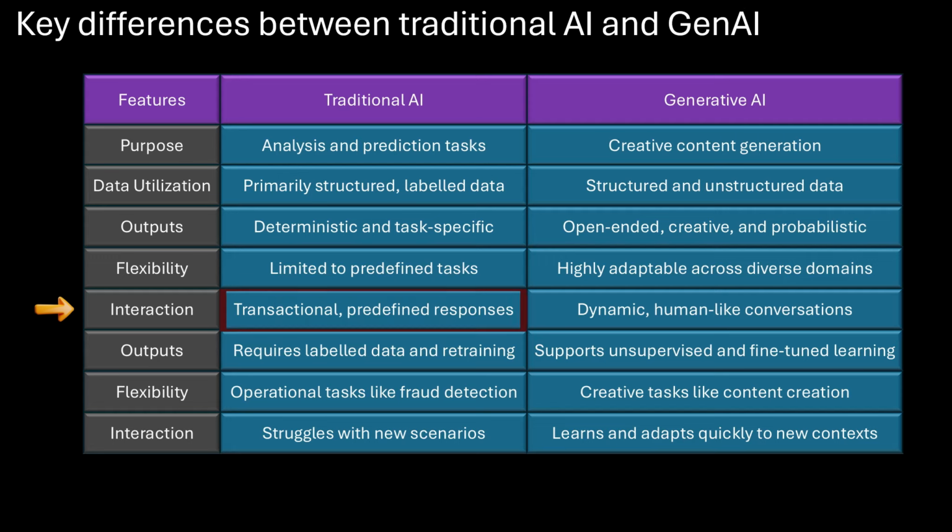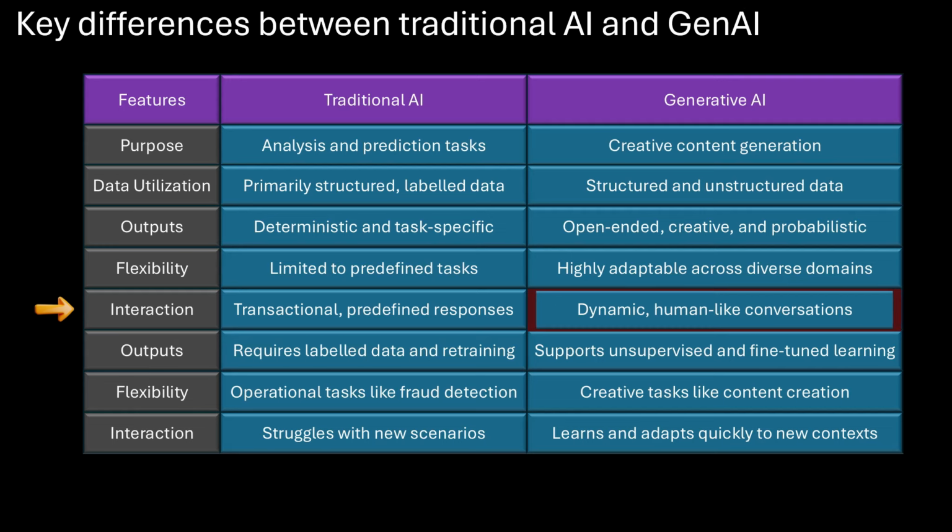Traditional AI provides linear and transactional interactions. Its responses are predefined and based on programmed rules. For example, a chatbot powered by traditional AI delivers static answers to frequently asked questions, whereas generative AI enables dynamic